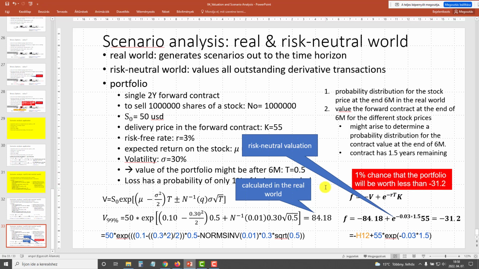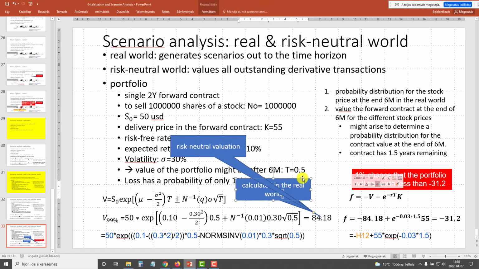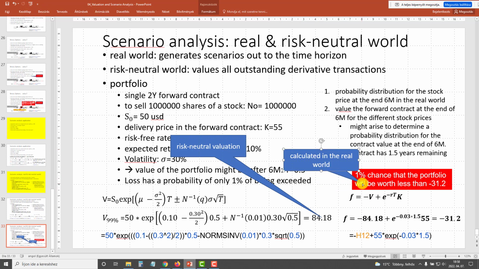And now we can see the trade-off. So there is the confusion. So okay, there is the calculated risk-neutral valuation in the first half until here, and then we started to use the real world data. So that's why, how can we combine all these things together, and I will